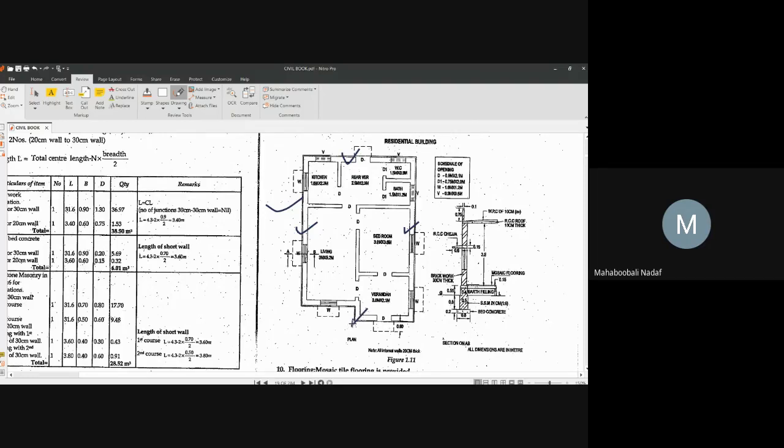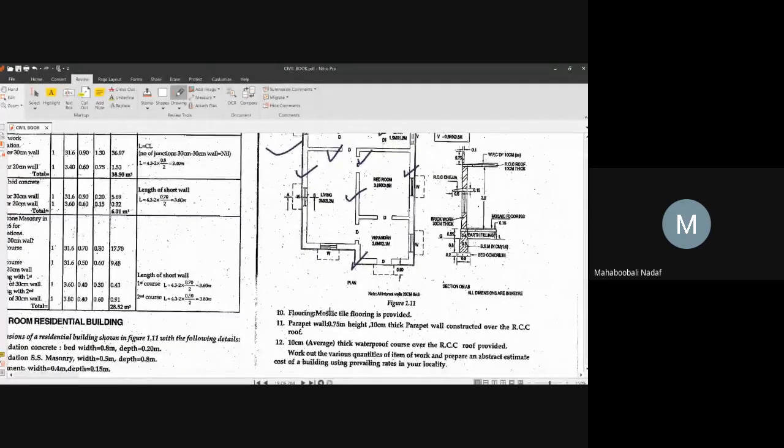Now try to understand, we have two different types of wall. Whatever I am marking, there are two long walls in 30 centimeter wall, two short walls in 30 centimeter wall. Are you understanding? In 30 centimeters only, you have two long walls and two short walls, and you have 20 centimeter wall inside. Now try to understand, in this one the lengths will be changing as we go. We will be understanding this problem.